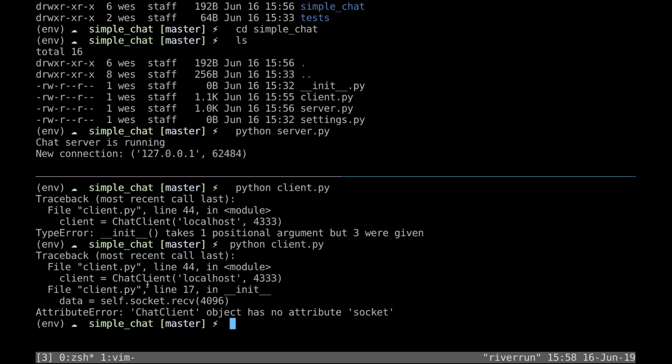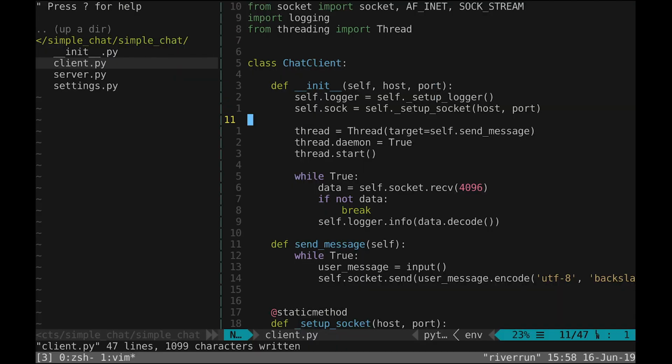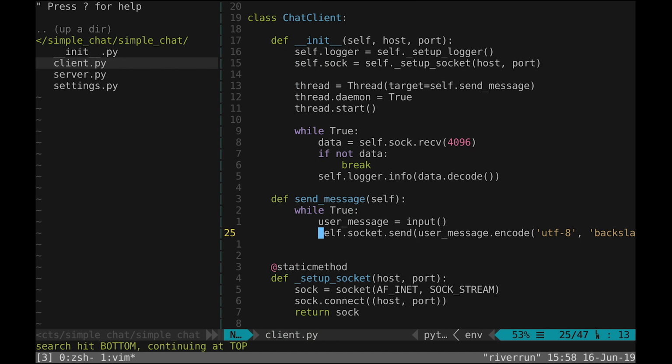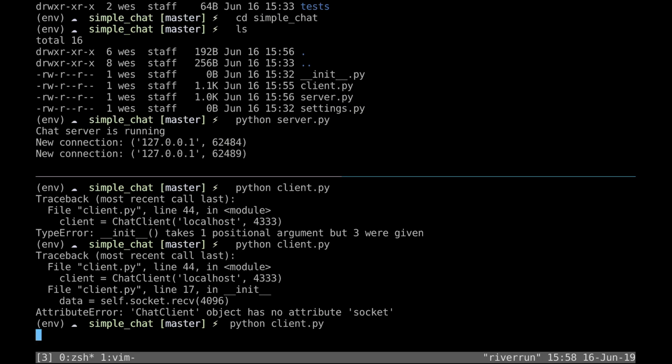Now I'm getting an attribute error. Chat client has no attribute socket. So let's go back to our chat client. And that's right, because we called it sock. So we'll go ahead and self.sock.receive and self.sock.send. Okay, cool. So in both cases, we could see nonetheless that we connected to our chat server, and I can